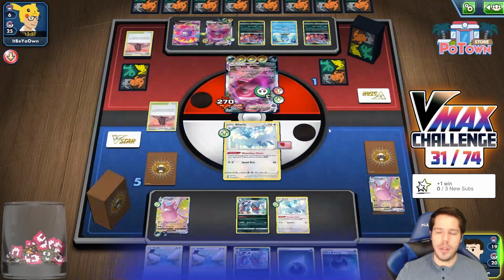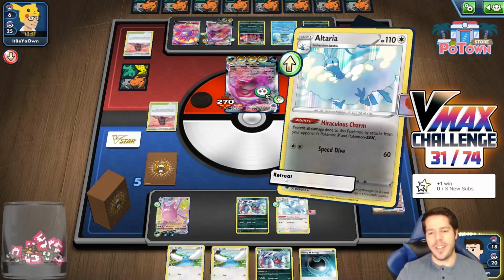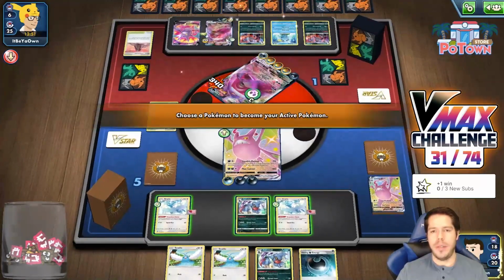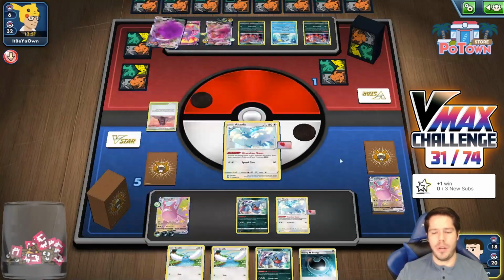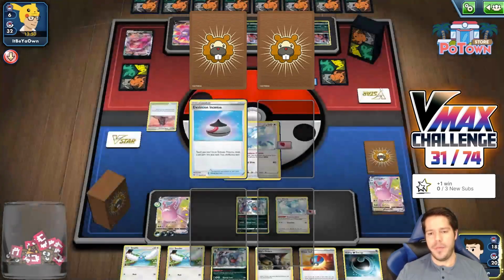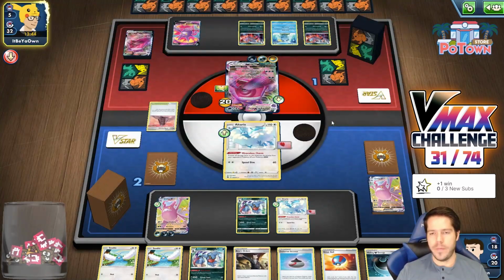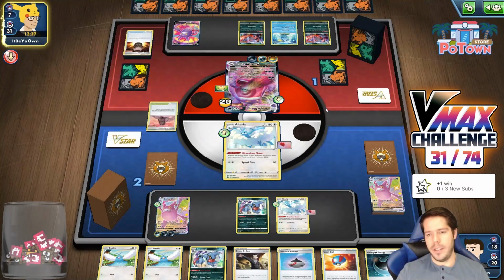Oh wow, they didn't retreat. Okay, so I'm pretty sure that means they just have the boss, right? Pretty sure they just have the boss. So unless they make a mistake and go for the boss on the Crobat, I'm pretty sure they win. I'm pretty sure we're gonna see a well played. If they don't win though, I have boss for game. And they're just gonna do the fancy thing where they attach a lot of energies and